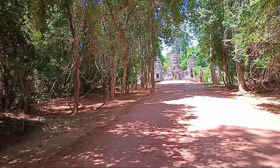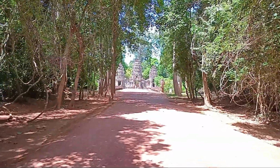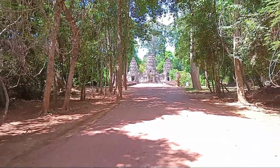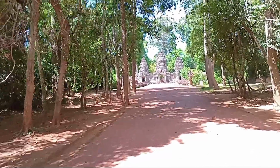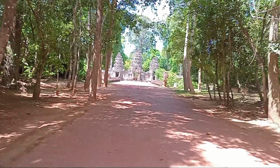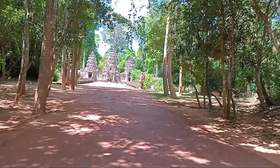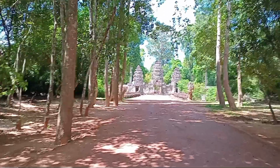According to the inscription, this was constructed in the year 1180 by King Jayavarman VII. Obviously, this is his dedication to his, according to the tradition. And obviously, it's called... so this is believed to be